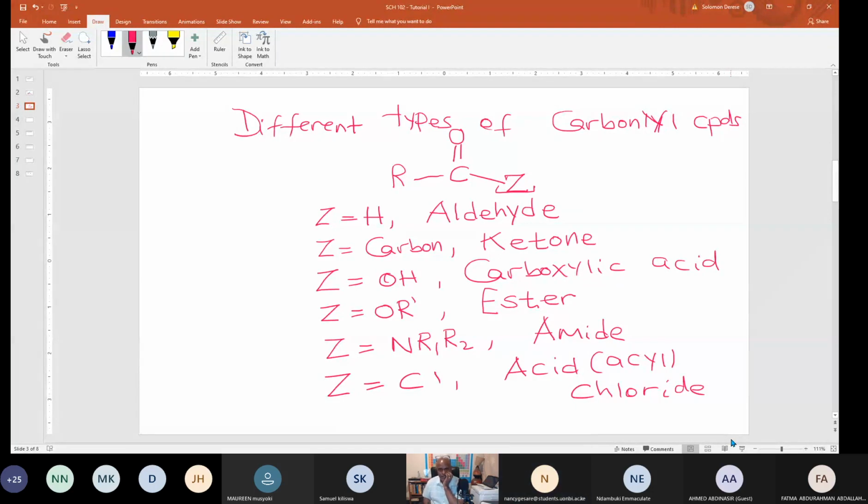If it is a carbon on both sides, it's a ketone. If the carbonyl is attached to an OH, it is a carboxylic acid. If it is attached to an OR instead of an OH, for example OCH3, that one is an ester. But when Z is a nitrogen to which two alkyl groups are attached, it is an amide. However, when Z is chlorine, it is an acid chloride. So based on this,